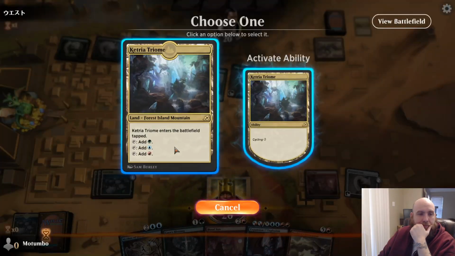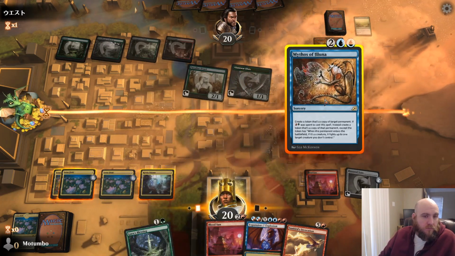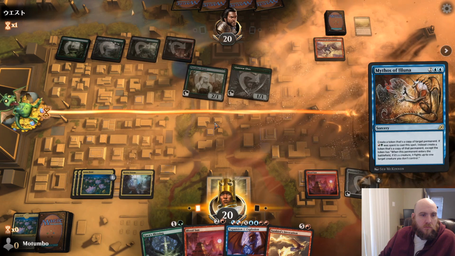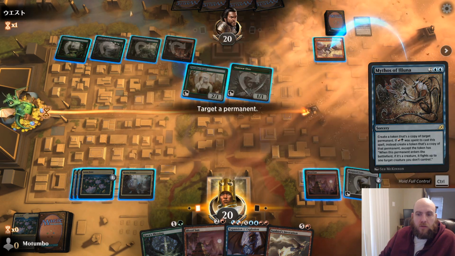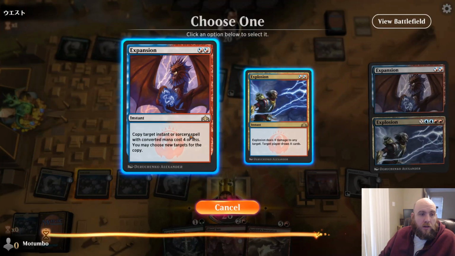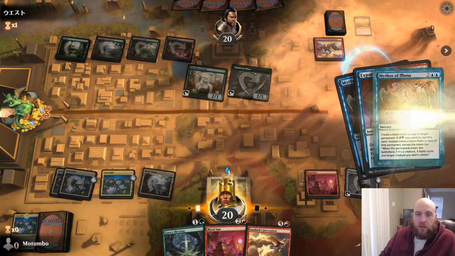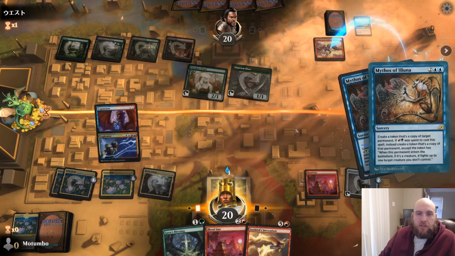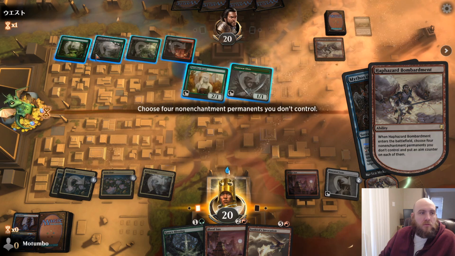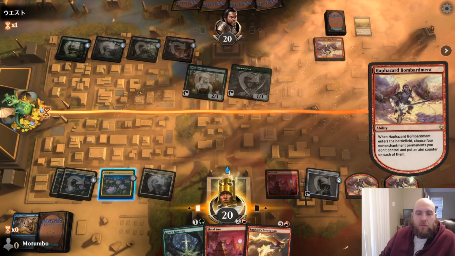Oh, let's go to the main phase. Alright, so we gotta hold full control. Target that. We're just gonna pay this, and then we're going to copy that. Auto pay. All right. We're gonna copy that also. 1, 2, 4. All right, so we don't get to hit their Haphazard Bombardment, but